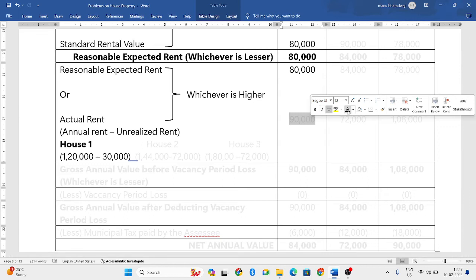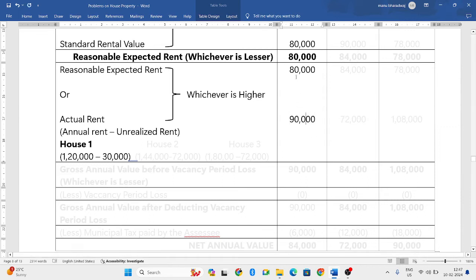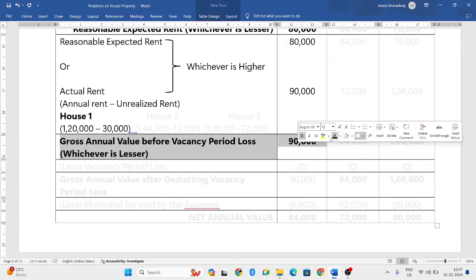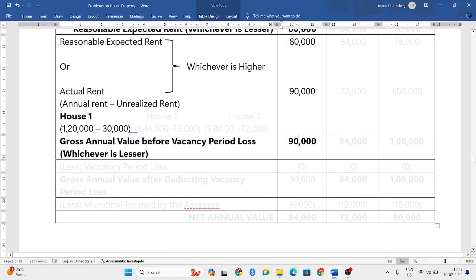The actual rent will be 90,000. Out of these two, whichever is higher, that will be considered as gross annual value before vacancy period loss. 90,000 is higher than 80,000, so it will be considered as gross annual value before vacancy period